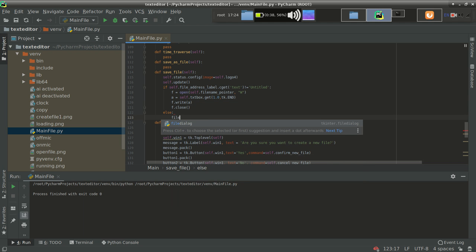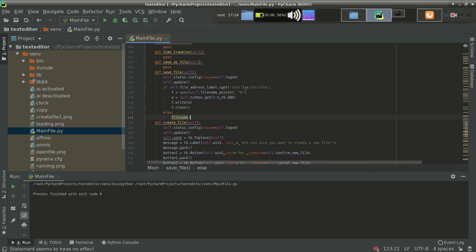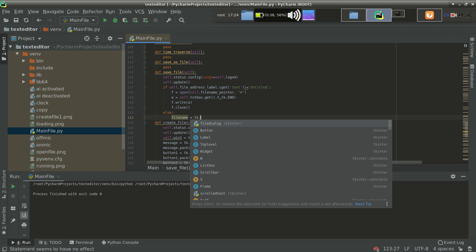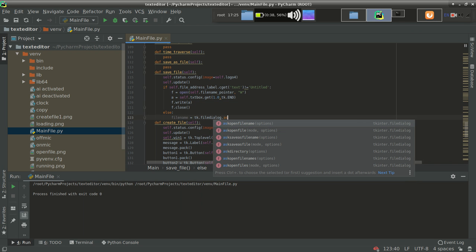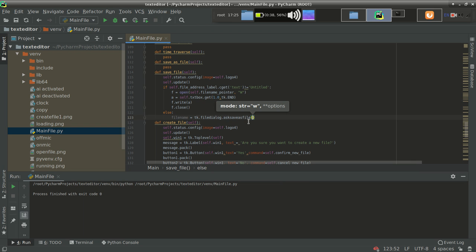Again I am making a variable file name, and we will use the dialog box of enter, as we used in file open. File dot ask save as file name. There is a method save as file name, and we will use that. And again similar conditions: initial directory will ask where I want to open that dialog box.